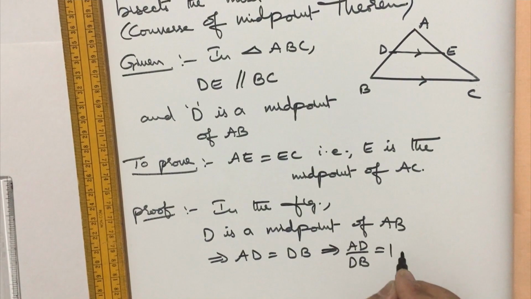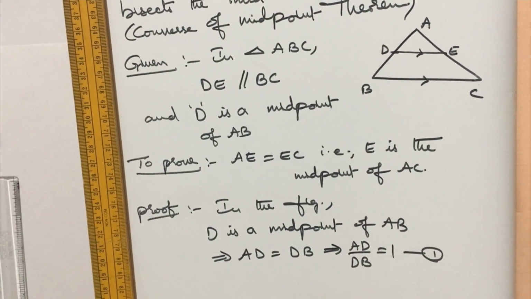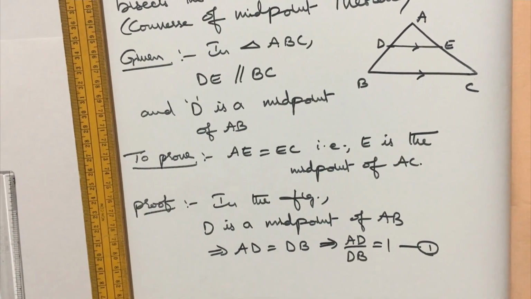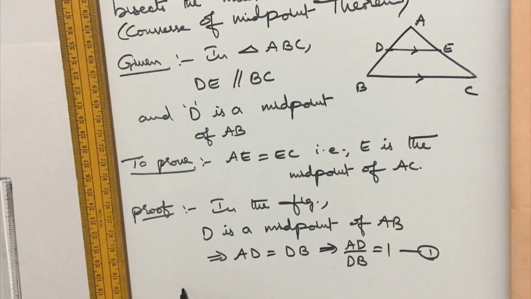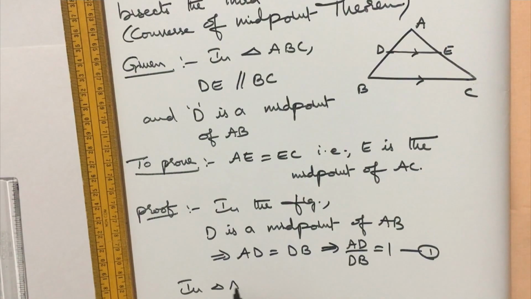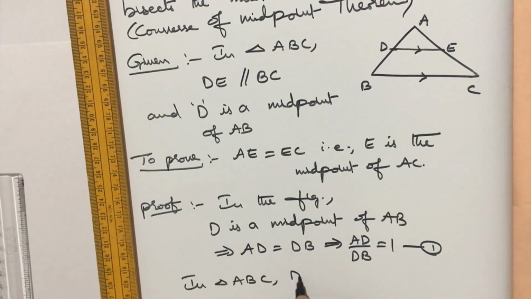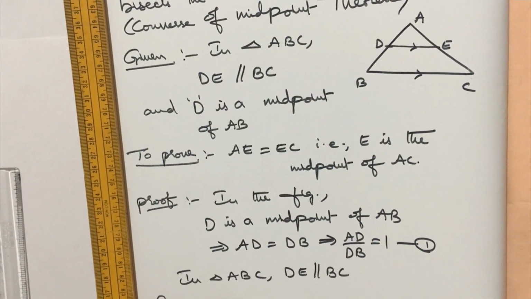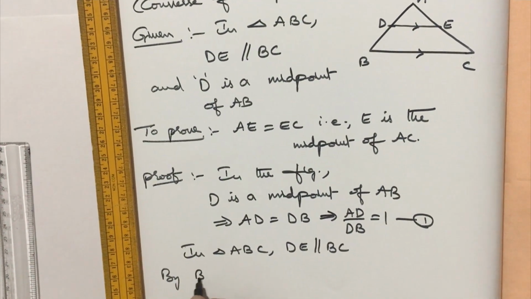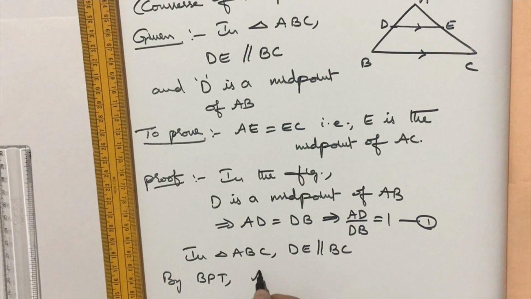Equation 1, I am taking, because I am going to use it in the further proof. And as in triangle ABC, DE is parallel to BC is given. So, by BPT theorem we can say that